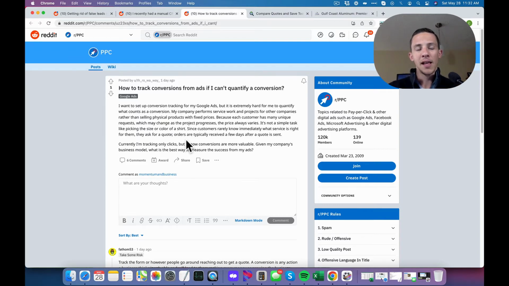And then you need to run them into something that has a conversion event tied to it. That could be a phone call, that could be a web form. Once that initial action is taken and the quote request is submitted, whether by phone call or web form, it needs to trigger a conversion event that is relayed back to Google Ads.